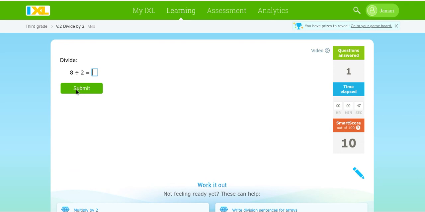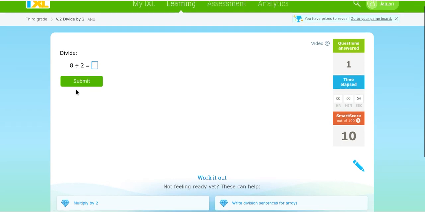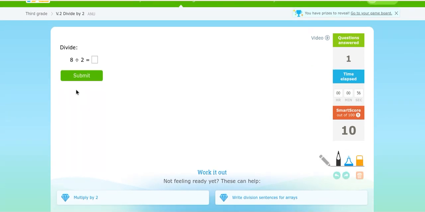So that's the strategy I use. You can also use another strategy. Think of an equivalent fraction. 4, 8 halves. So let's do 8